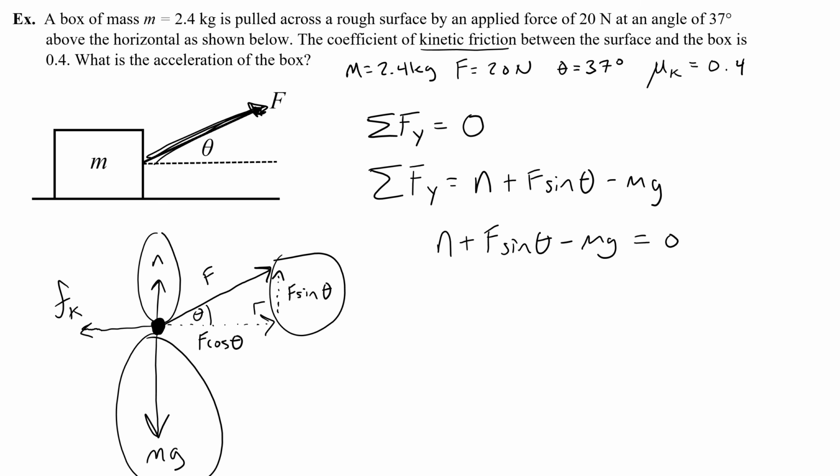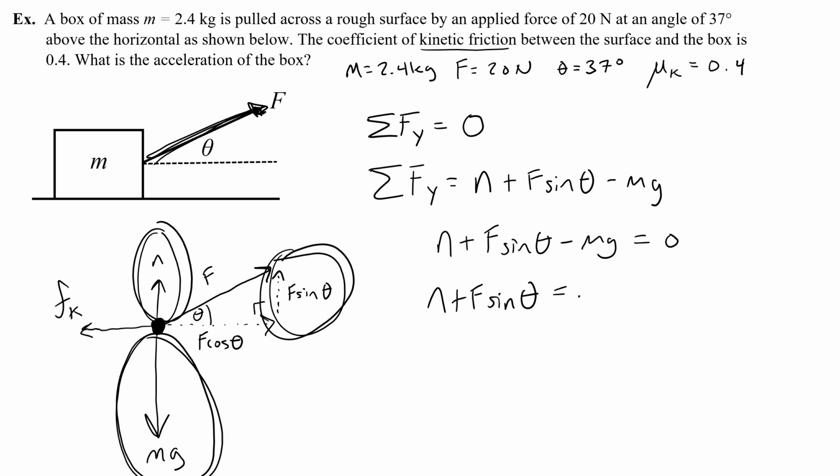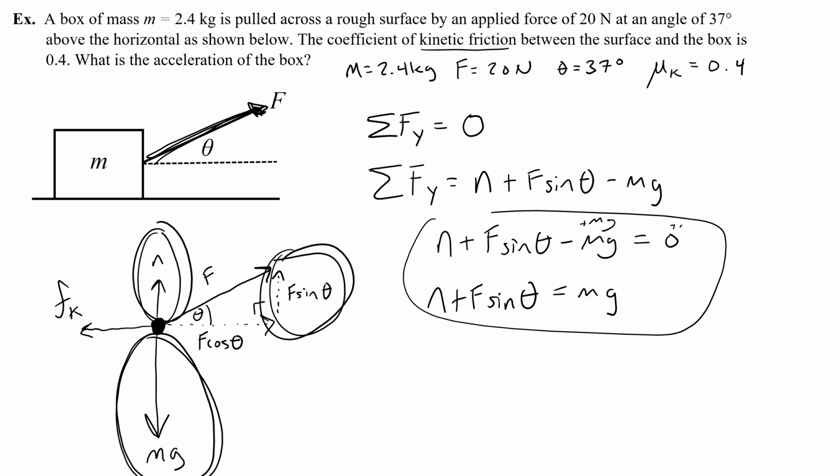0. Or I can quickly get to this equation by thinking about the fact that I just know that all of the forces pointing up have to add up to the amount of force pointing down. So I could probably just really quickly think, all right, N plus F sine theta, those are the ones that point up, they have to be equal to the weight, mg. Now, these two equations, they're equal. All I do is add mg to both sides. So we can just kind of quickly arrive at this equation